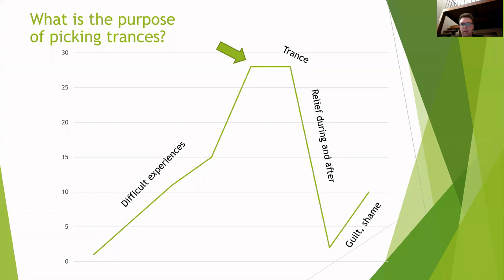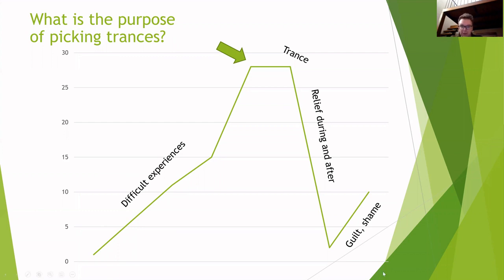When I say that it worked, I see that some of you are raising your hands. Please use the Q&A to ask questions, and I promise I will answer them when I'm done. The reason why I say that the trance worked is because she experienced an incredible amount of relief and calm afterwards. So it reduced her tension that she wasn't even fully aware of. That's why it sustains itself, because it performs a function.